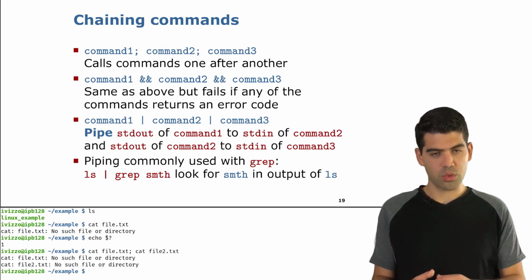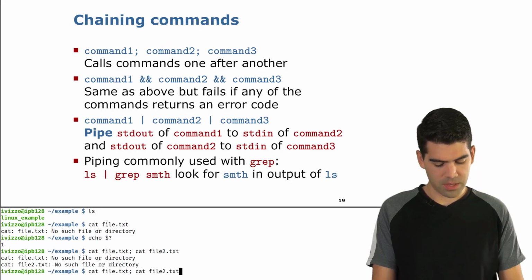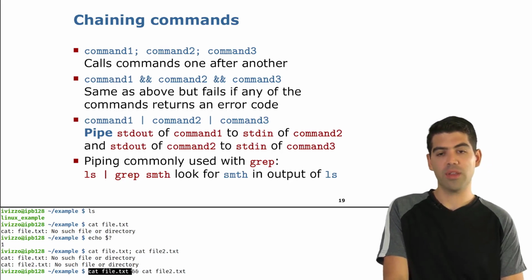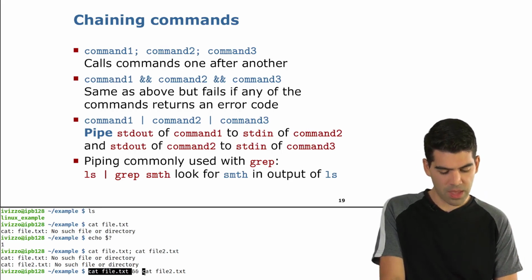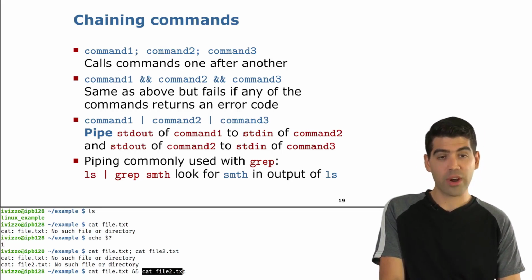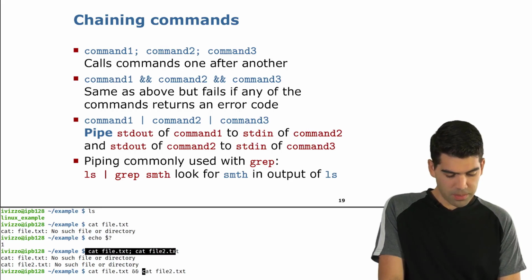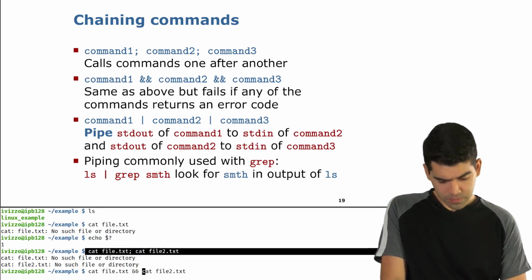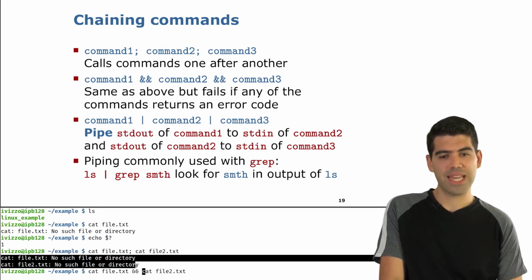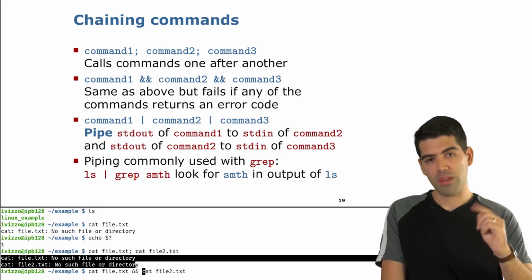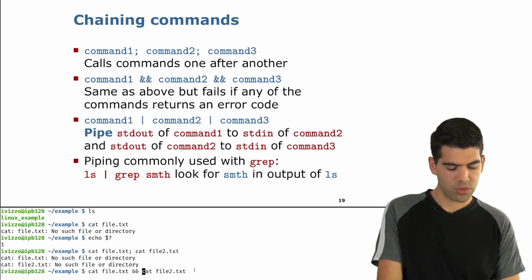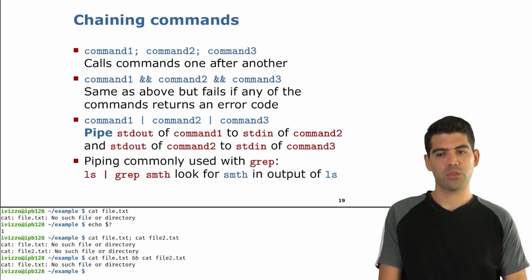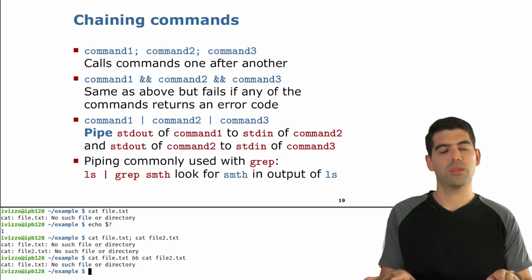The other option is to use the double ampersand, that is basically going to tell the terminal, first run this command and only if it doesn't fail, so if there's a return code that is exactly 0, then move to the following command. So if I run this now, in the previous example we were running both commands no matter what, and therefore we got the 2 error messages. And in this case, because I'm telling it just move forward if you don't fail, we should see the error message for this command, and then this one should not be prompted. And as expected, we did the first command, it failed,